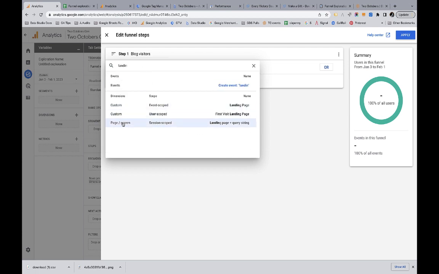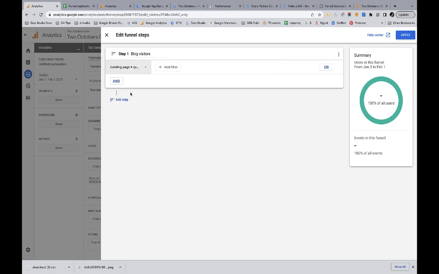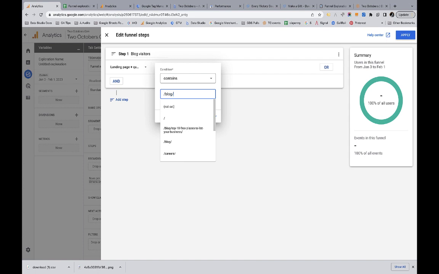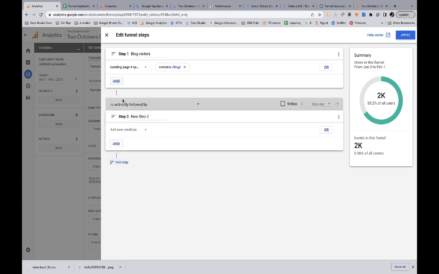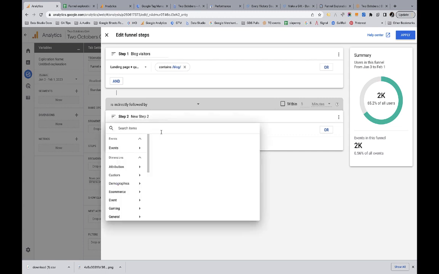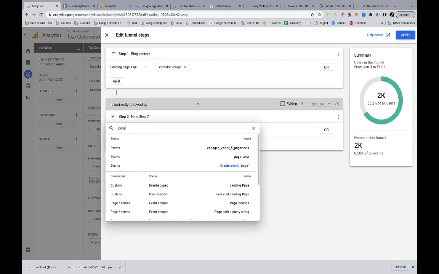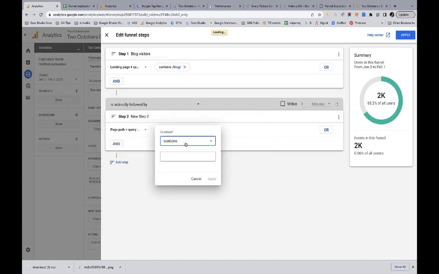And we are going to say landing page. I'm going to do landing page and query string. I'm going to add a filter, and I'm going to say contains blog. And I'm going to apply that. Then I'm going to add another step, and so this is step 2. In this case, I'm going to say the page path and query string. I'm going to add a filter and say does not contain